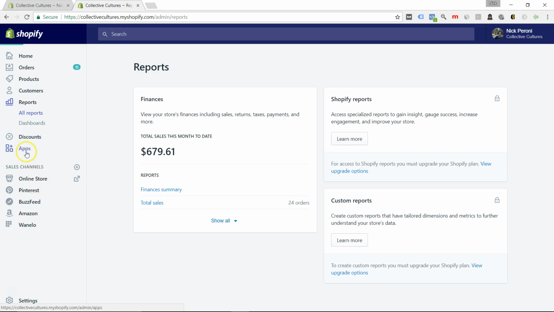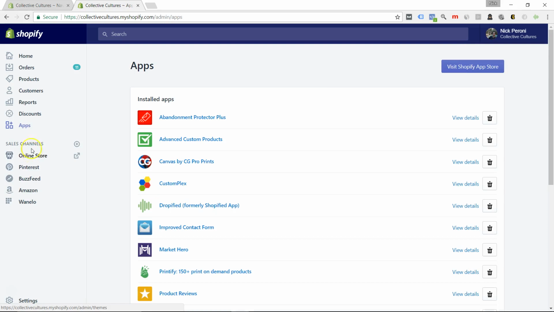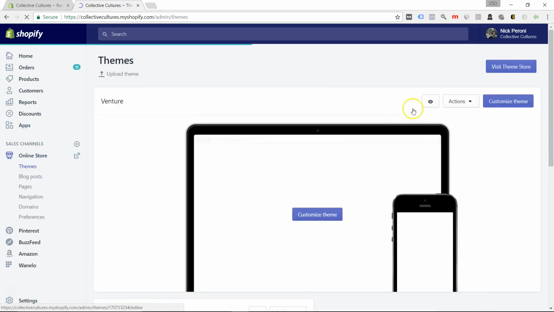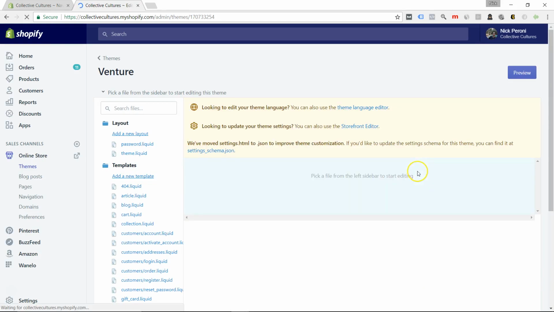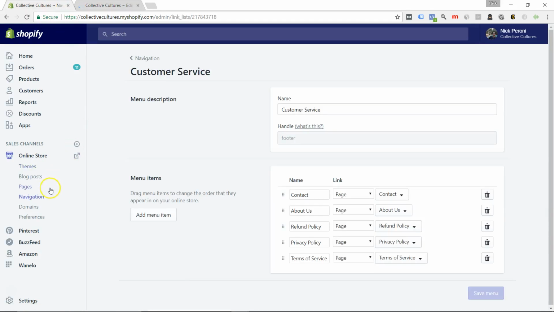Lastly, what I want to look at is the apps. Oh, no, before we get into the apps, I'm sorry. Lastly, I forgot, what I want to look at is editing the HTML. Okay, so to get some of the things that I've shown you,